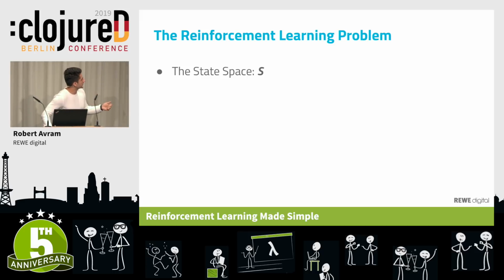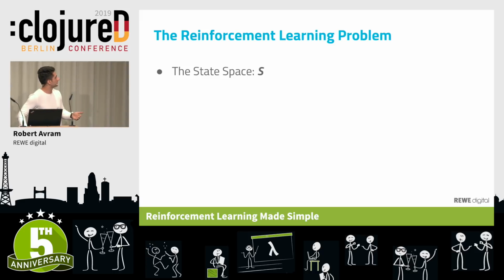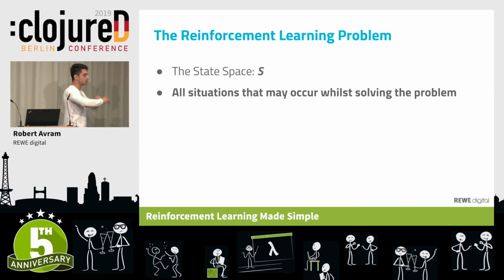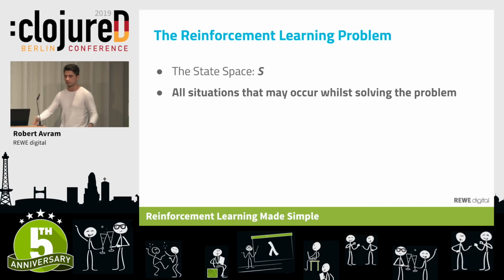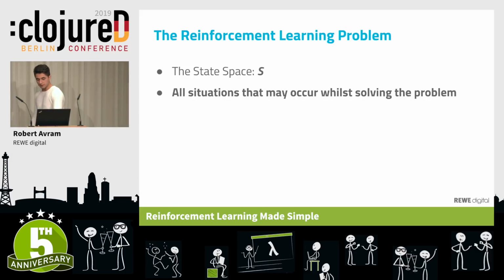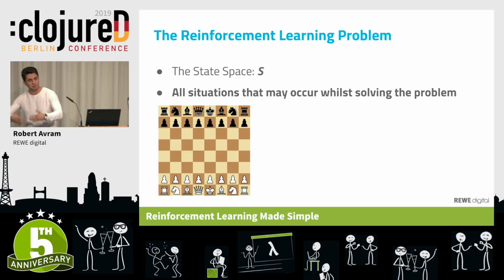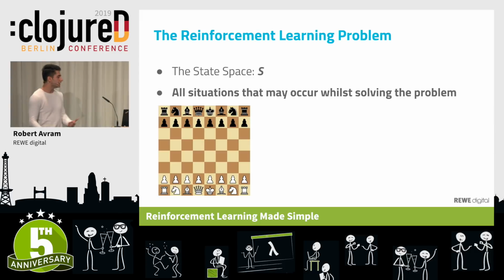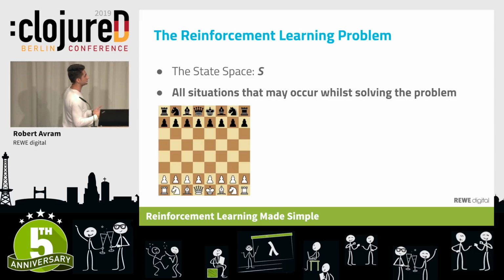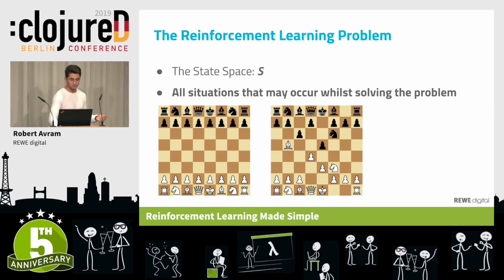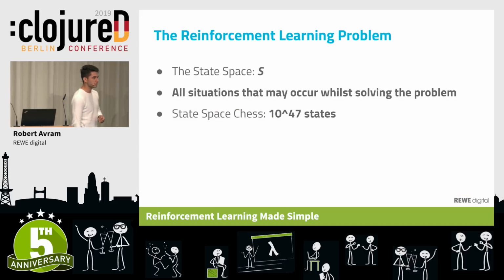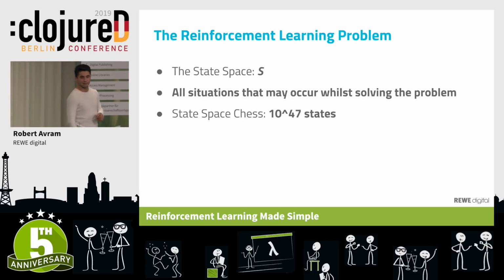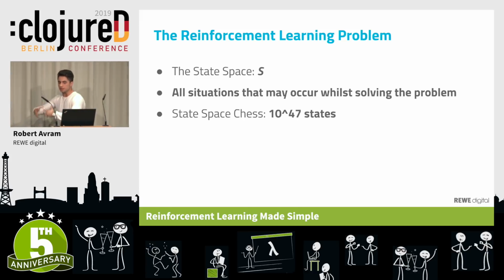The first quantity that I need to define for this thing is the state space. Now, the state space is basically all the individual unique situations that may occur whilst my agent is trying to solve my problem. Now, in chess, my agent is going to try to learn by playing chess. And every time he plays, he may very well encounter different positions of pieces on the board. So he may encounter this one, or this one, or this one, or any other of the 10 to the 47 different positions that exist in chess. It's quite a lot. But that's basically what I mean with each individual situation.